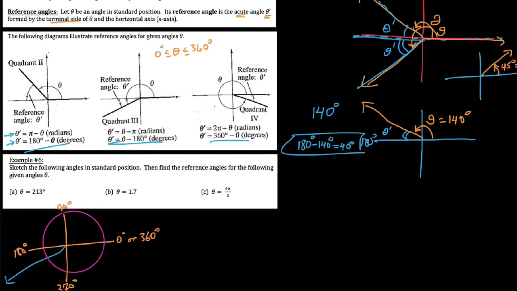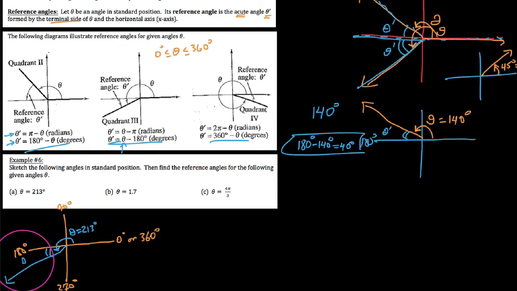So all I'm trying to do is represent this, you guys. And I say that theta in this case equals 213 degrees. Now, according to my definition up here, if I wanted to find this reference angle and it terminates in the third quadrant, what we would do is take our original 213, our theta, and subtract off 180. But again, representing this and using common sense, this little rotation right here,